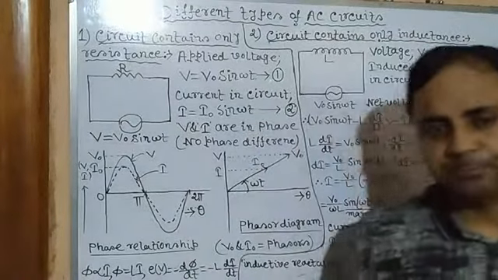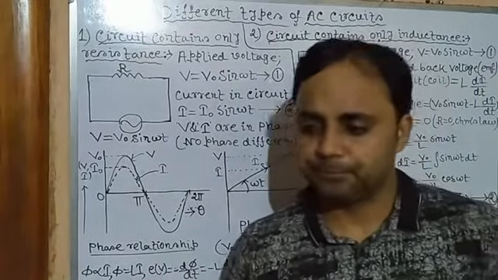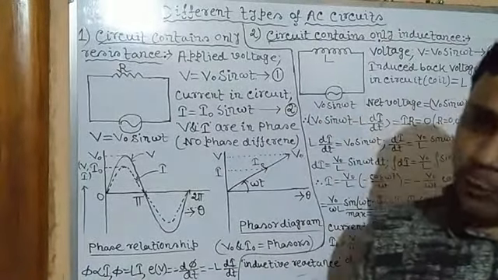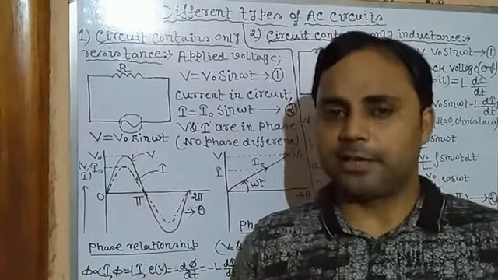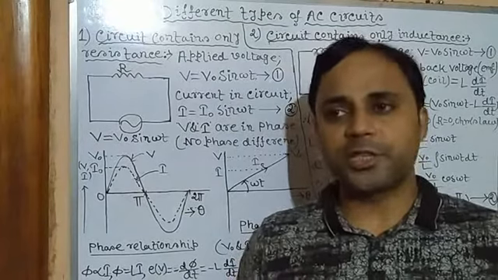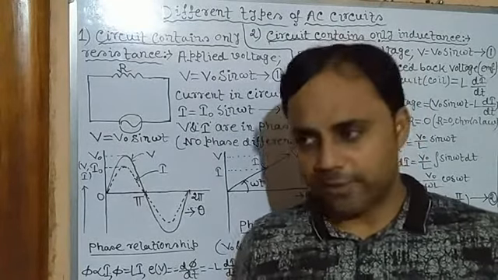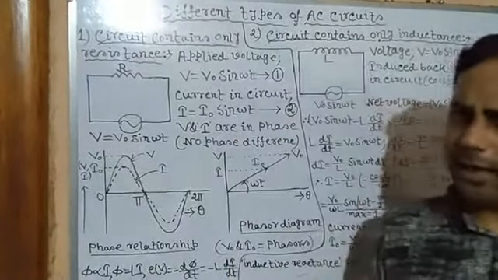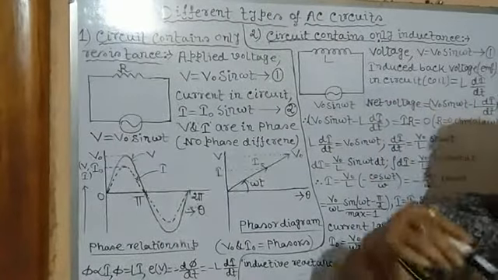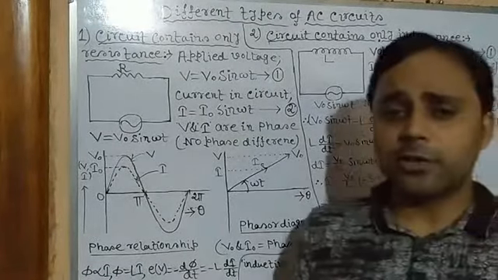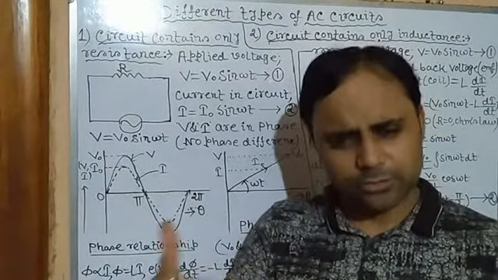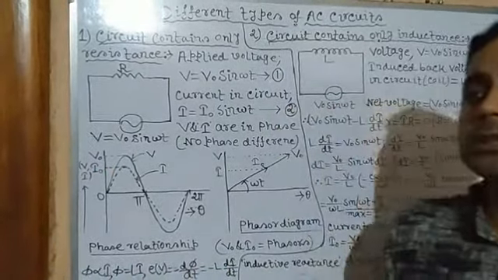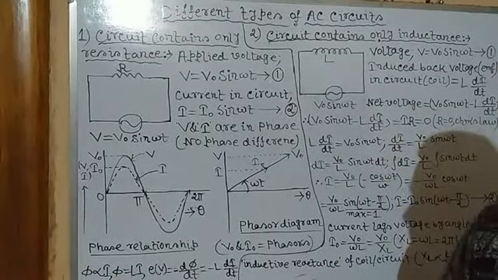Good morning dear students. Today we will discuss different types of AC circuits. Now so far we have learned, discussed and also worked with simple circuits, that is, circuits which contain battery, resistance, rheostat and key. But unlike simple circuits, AC circuits contain some other elements, that is inductor and capacitor. We will discuss them later one by one.